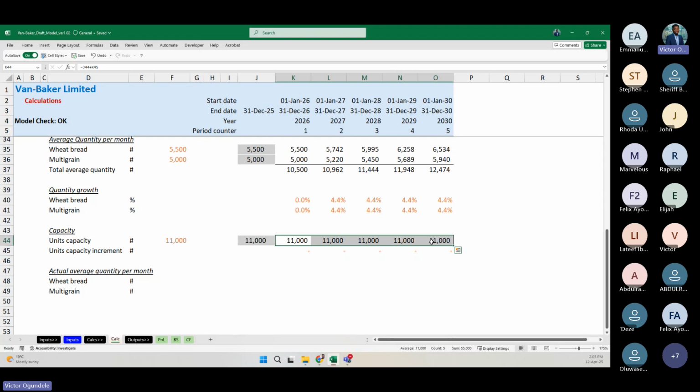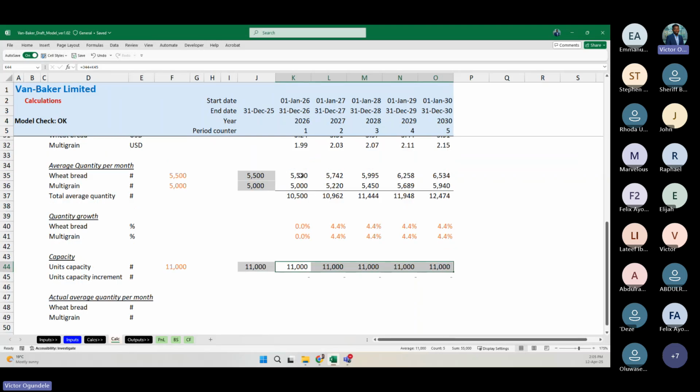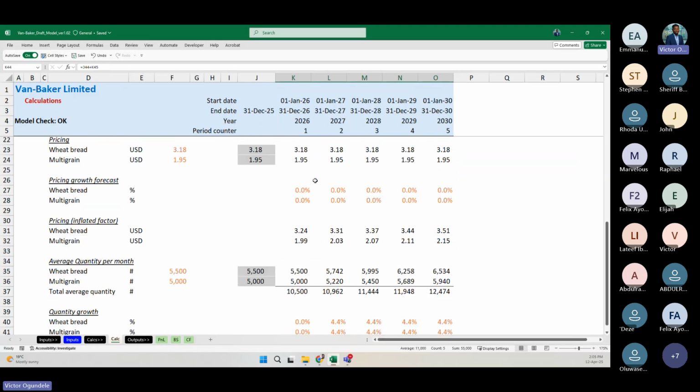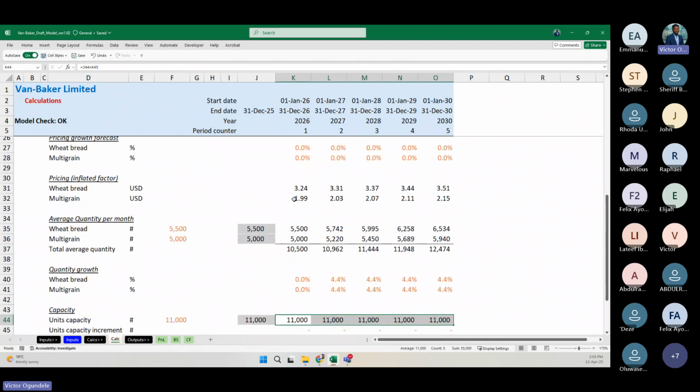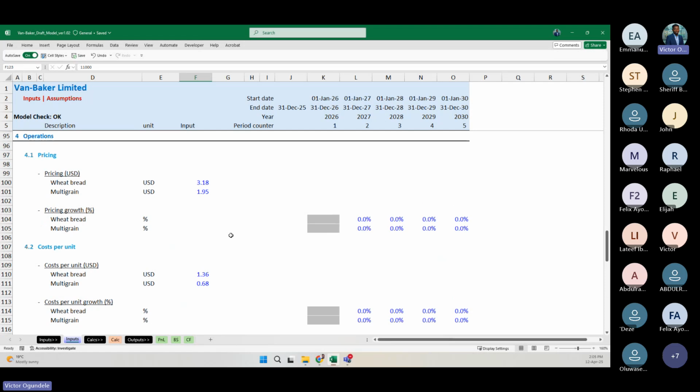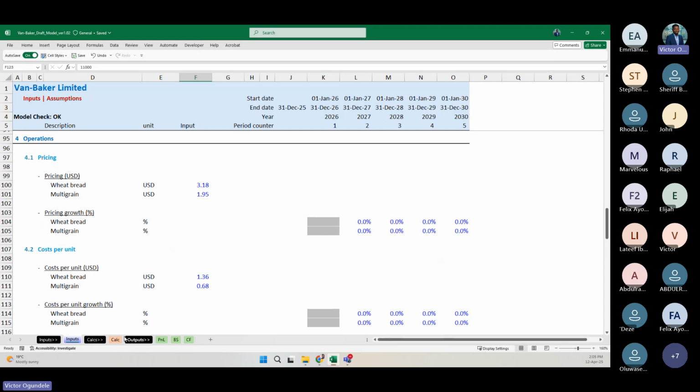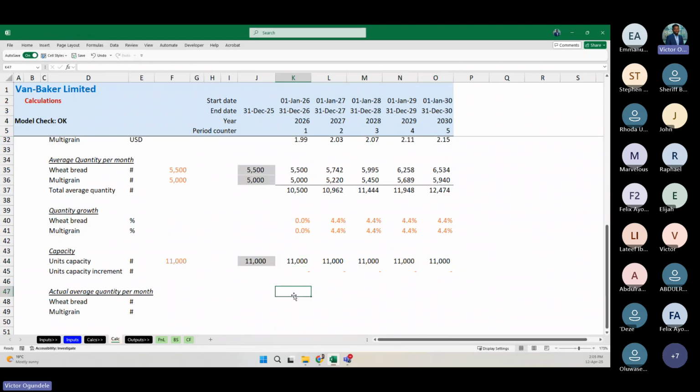So one thing is this: the quantity. It seems white bread might be selling more than the multigrain, and if you look at the pricing as well, I think multigrain has a lower price compared to white bread. If you look at the cost benefits, my pricing minus my cost per unit, which will give more profits? Definitely white bread will give at least more direct profits. So they might decide to categorize the white bread more than the others. So we need to be able to write a formula that will help us